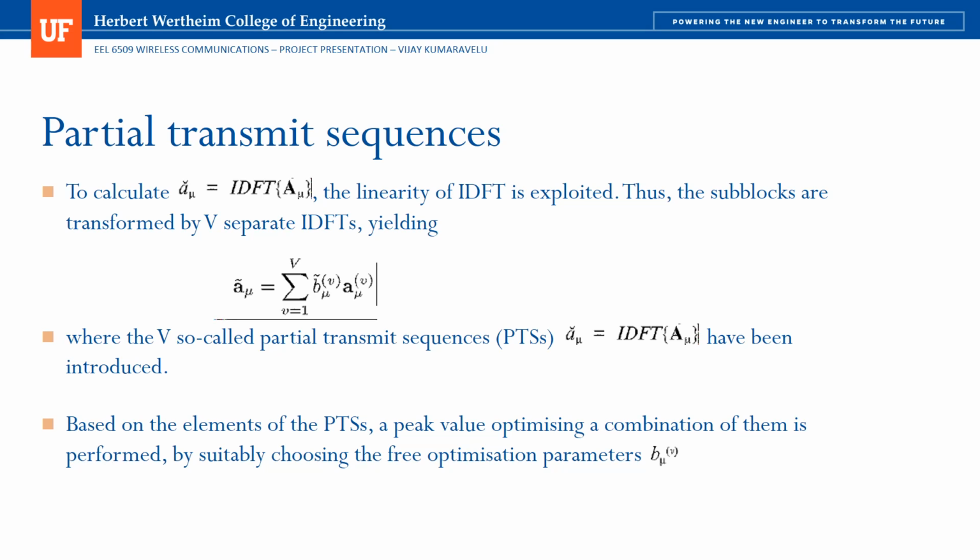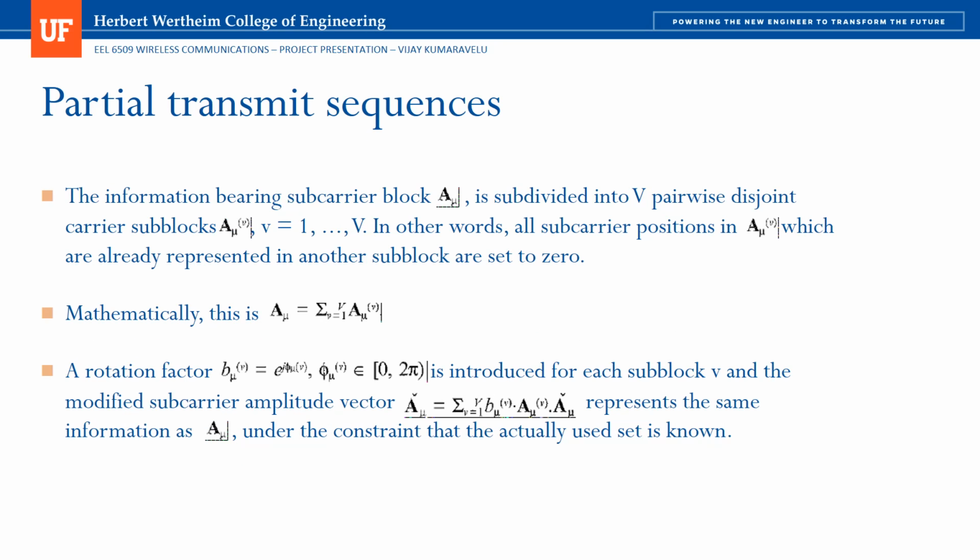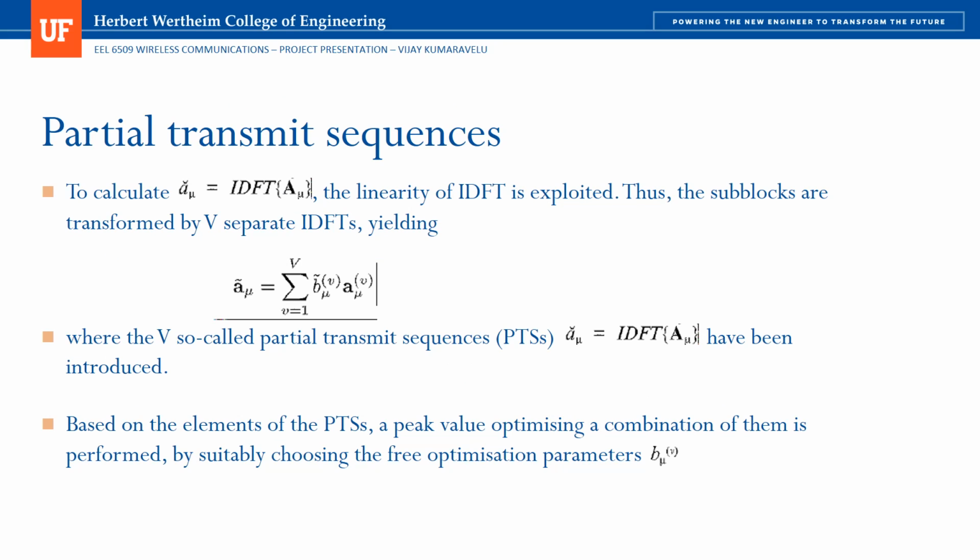Now what are the partial transmit sequences? When you take the IDFT, that is the inverse discrete Fourier transform, of A mu, each subblock, these blocks after IDFT are called partial transmit sequences. Now by choosing suitable free optimization parameters such as B mu of V, we will be able to optimize the